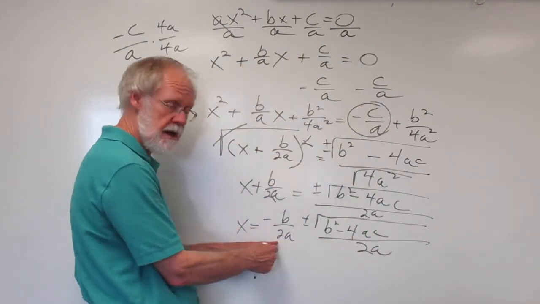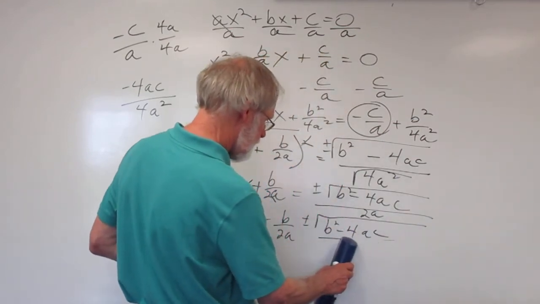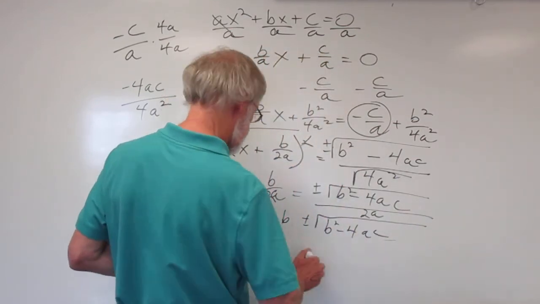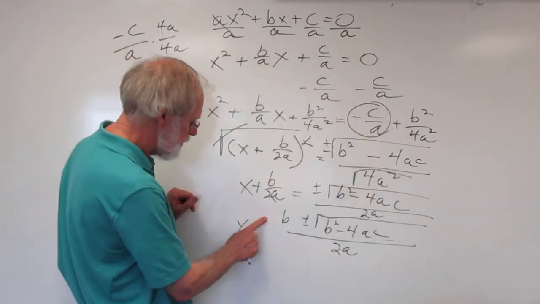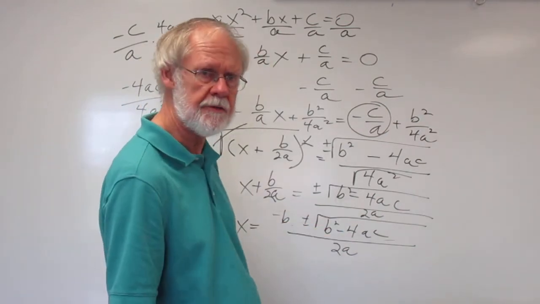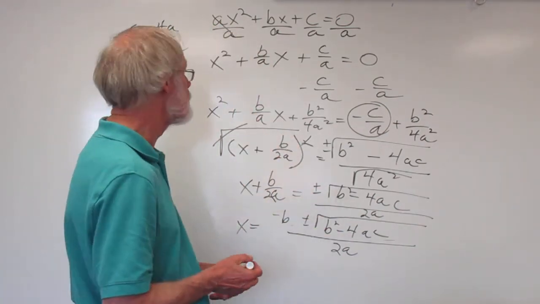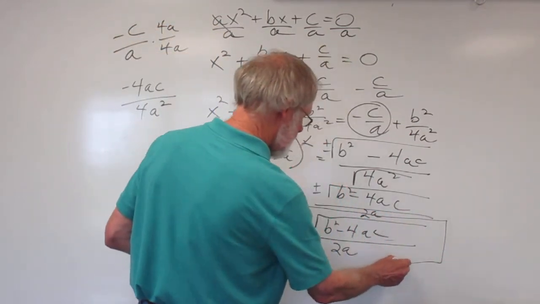Notice we have a common denominator. So I can put the numerators together over one common denominator of 2a, and now I have opposite b plus or minus the square root of b squared minus 4ac all over 2a. And that is the quadratic formula